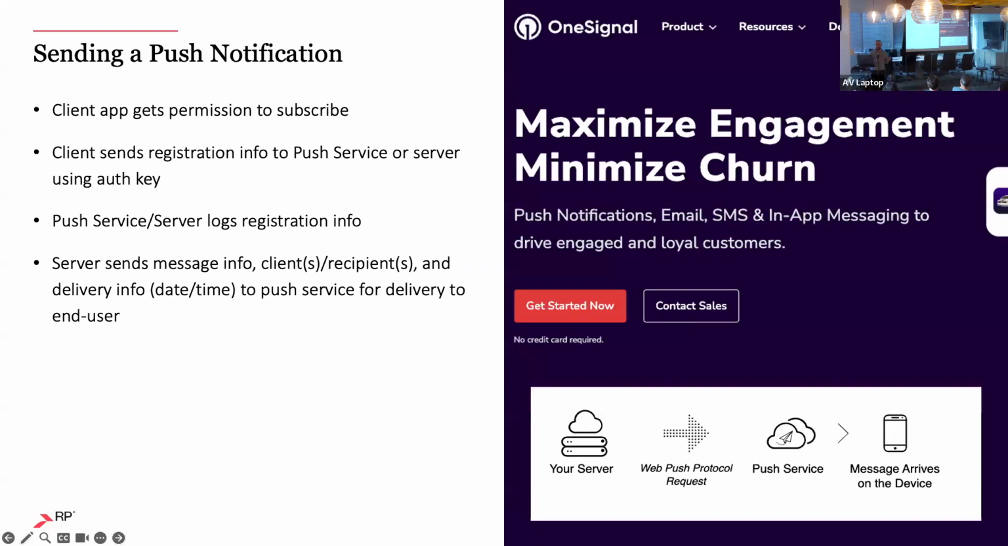Okay, so at the high level though, the process for remote push notifications is the client gets permission to subscribe, which we saw with that OS notification. We're going to send the registration to our server or a push service that sends back an auth key. We're going to log that registration info in a database, so we have a list of users that we can notify later. And then the server is going to send message info such as clients, recipients, and delivery info like date time if you want to send it at a later date, or schedule it for when they're awake rather than 2 a.m. All that information is going to a push service for delivery, which is going to use a